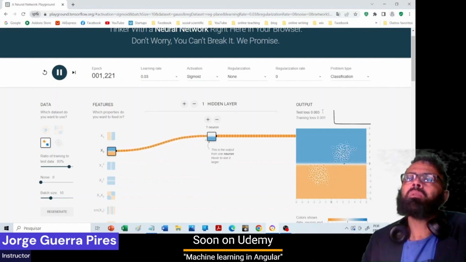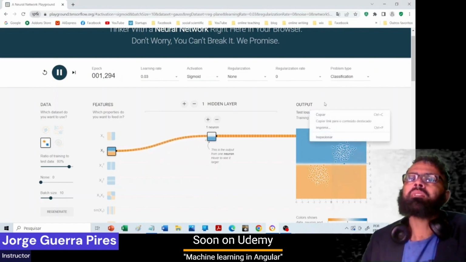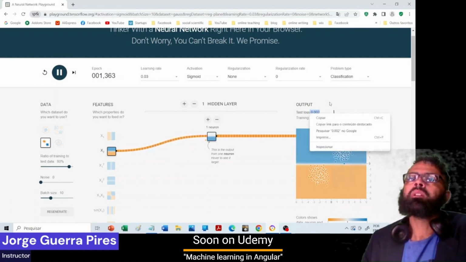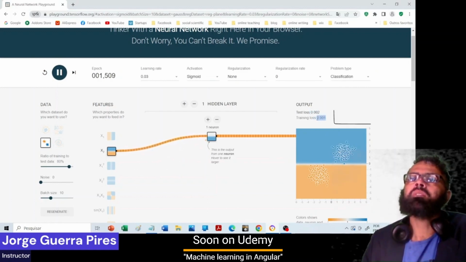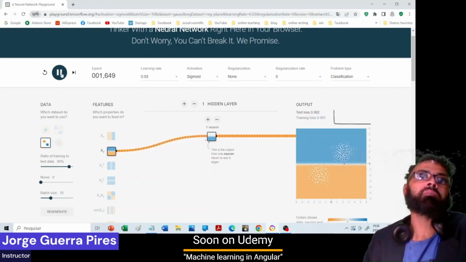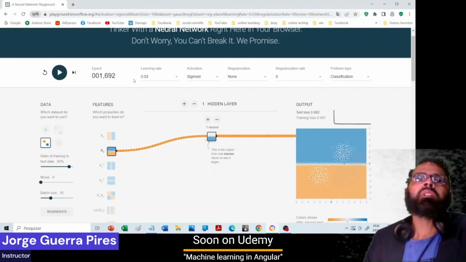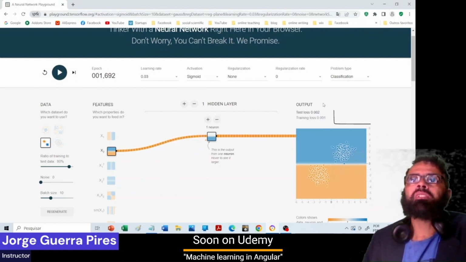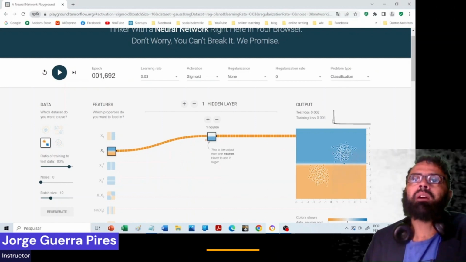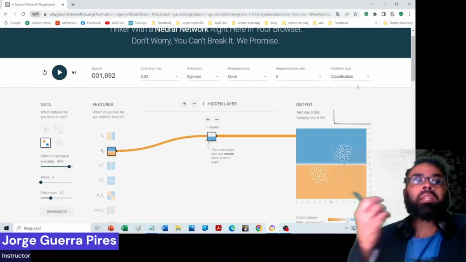Yes, as you can see here, the test loss is very low, and the training loss is very low. Testing, yeah, I think it did pretty well. You can keep training if you want, but let's pause it. It was 1,000 epochs, but it converged very fast. You can see here on this spot and this spot, the convergence was very fast. But let's suppose that you take this